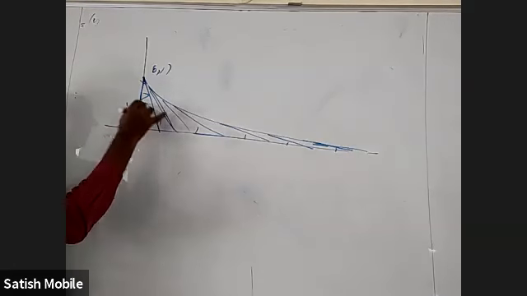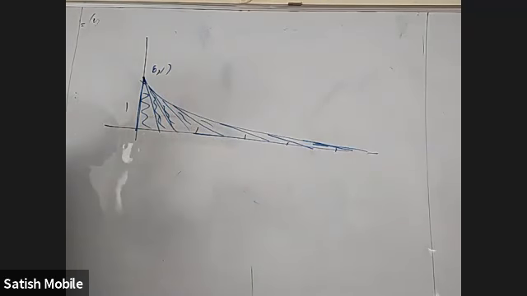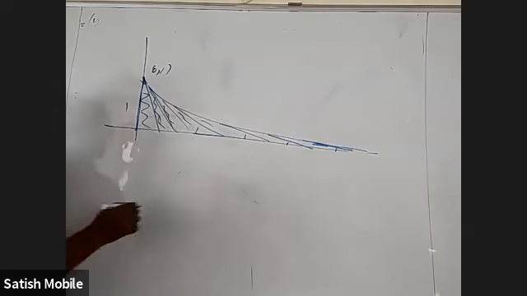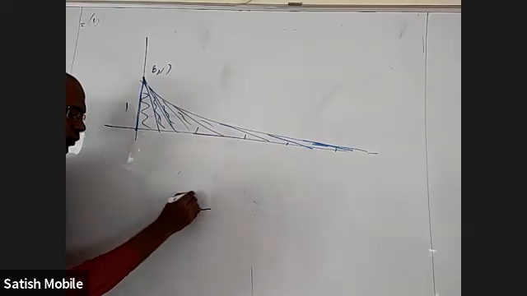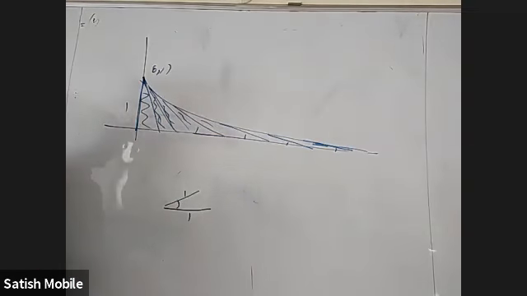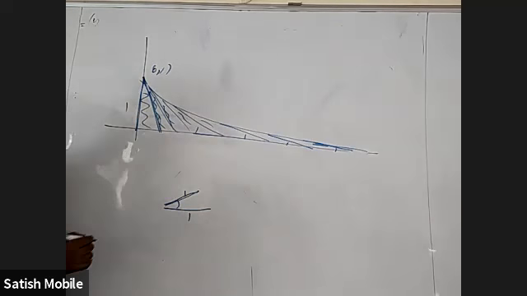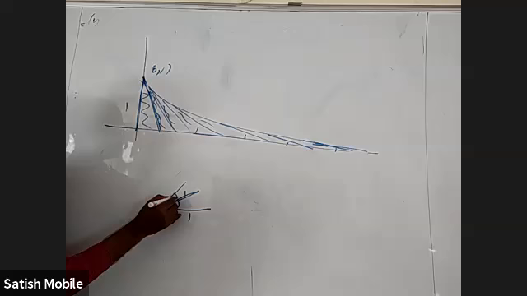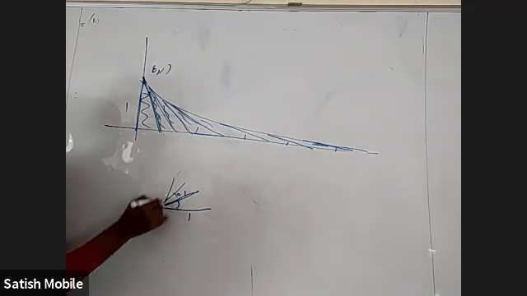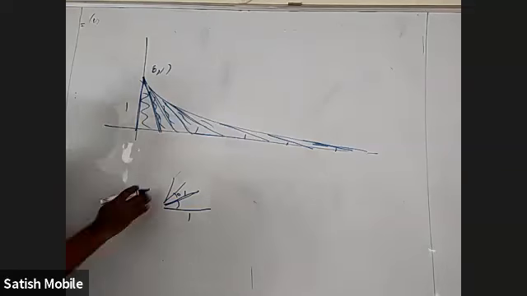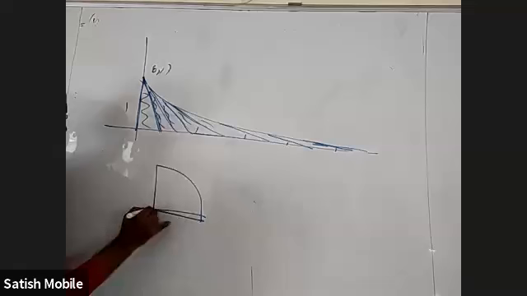Take a little next tangent and so on. This piece I'll find the area of separately, this separately, this separately. I'll add all these areas. All these bases, if I take, let us take the first piece. This is 1. This is also almost 1 and it has some angle. The next piece also, this length is 1 only, no? Length of tangent. And the next one also almost 1 and some angle. This is also 1 unit, little more than that. So when you put all those pieces, they will exactly come to a 1/4 circle.